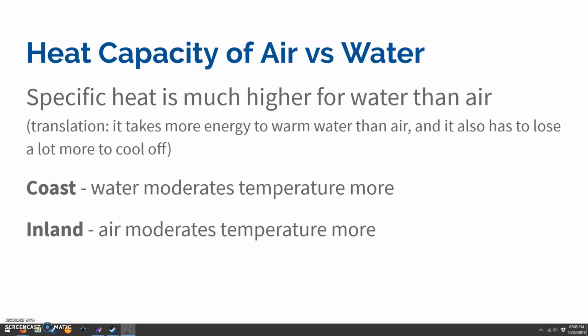Versus if it's very far inland away from water, the air is the dominant force of temperature moderation. And so that means in the presence of sunlight, it's going to absorb a lot of heat and heat up really quickly, probably with really hot days. But then at night when there's no sunlight, it cools down very rapidly and can get very cold. That's why in deserts, even if it gets really, really hot during the day, it can get almost freezing at night because of the specific heat of air.